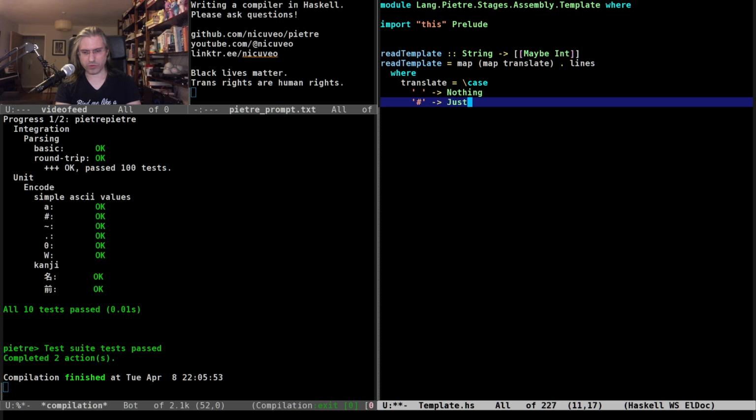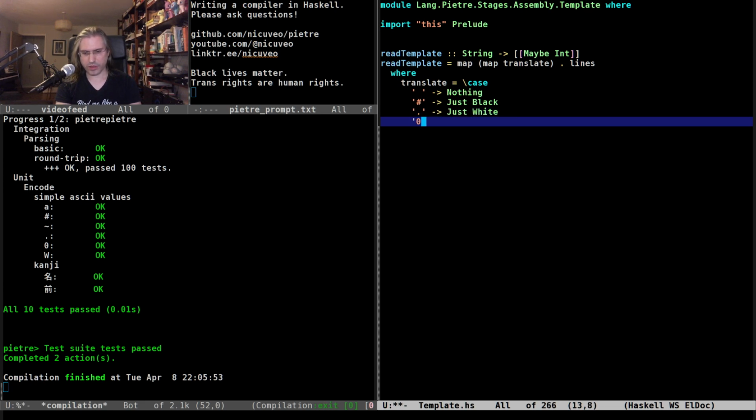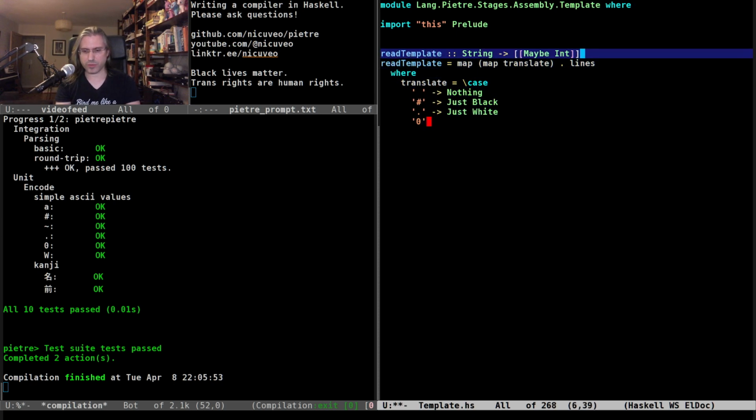So this is going to be just black. This is going to be just white. Then let's say 0 as the starting color, so whatever it ends up being. And this is going to be therefore a tuple of int of the steps to apply.